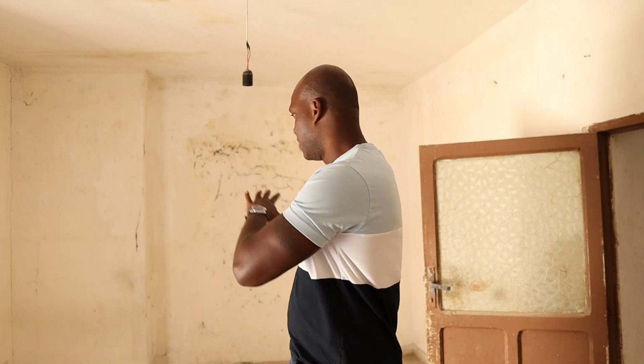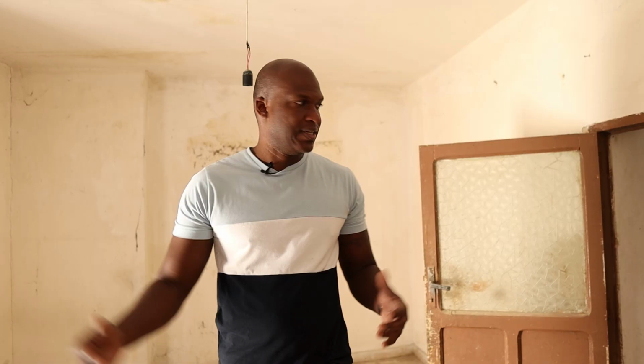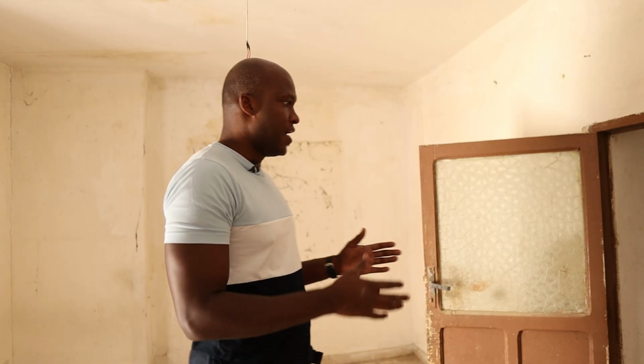So one bedroom, this could be the master bedroom. It has its balcony, it has the natural light. It feels a little bit more comfortable. And just beyond here, in this other room that's on the other half of the house, I could split